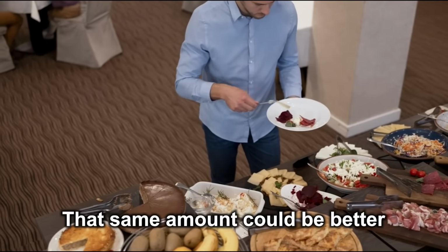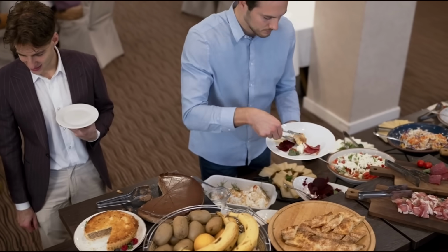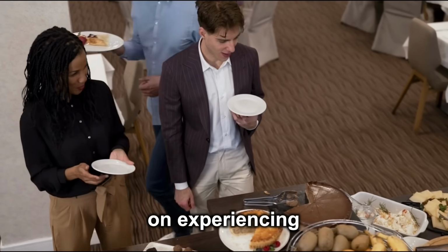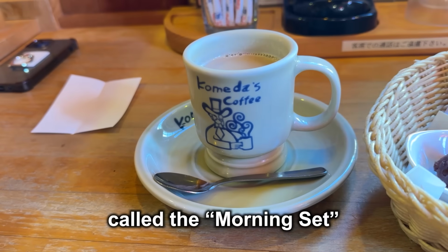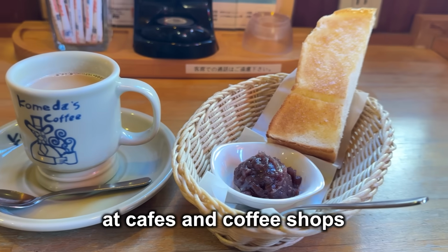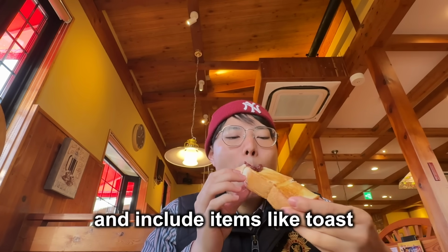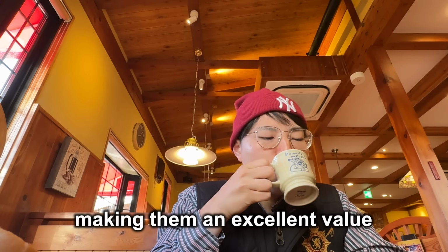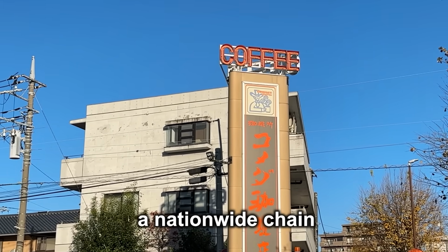That same amount could be better spent on lunch or dinner, where you can enjoy more local specialties. Plus, while hotel breakfasts are convenient, they may cause you to miss out on experiencing Japan's unique breakfast culture. Japan offers a concept called the morning set, which is a popular breakfast option at cafes and coffee shops. These sets typically cost between 500 to 800 yen and include items like toast, salad, eggs, and coffee, making them an excellent value. For instance, at Komeda Coffee, a nationwide chain,